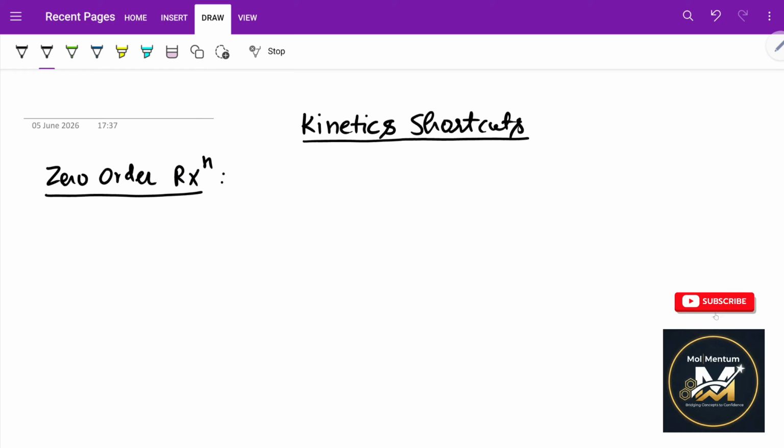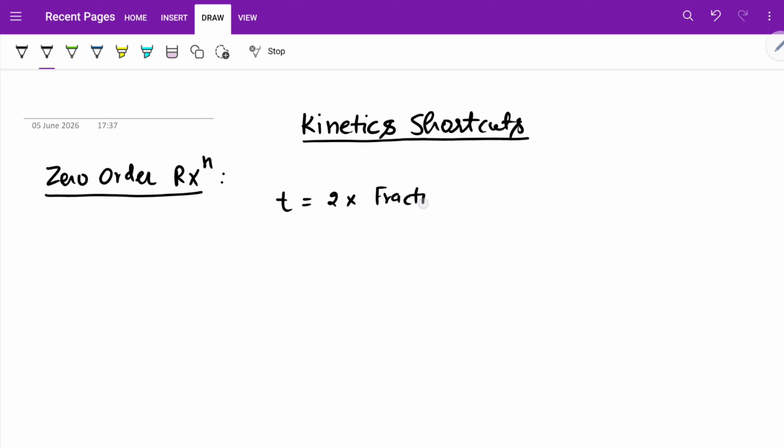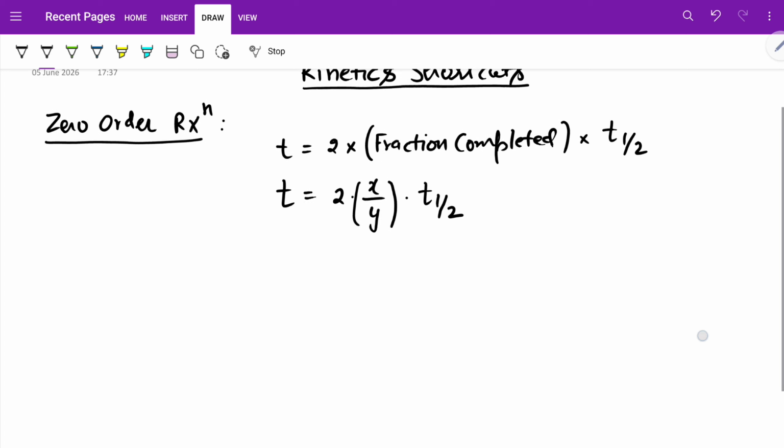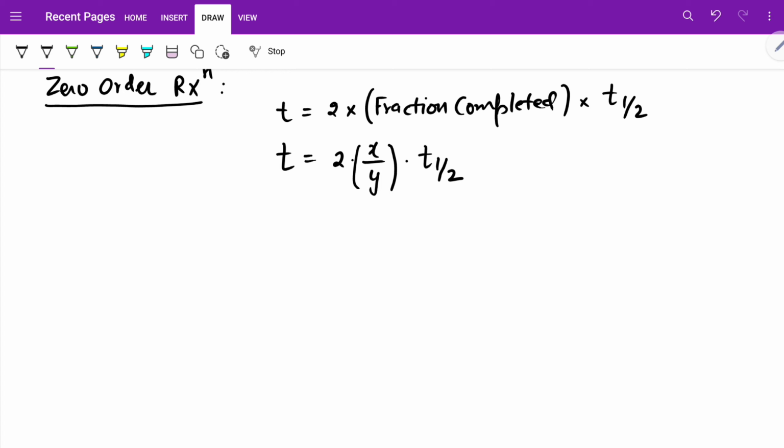ज़ीरो ऑर्डर रिएक्शन का जो शॉर्टकट मेथड है वह है T = 2 × फ्रैक्शन कंप्लीटेड × T half। इसको हम ऐसे भी लिख सकते हैं कि T = 2 × फ्रैक्शन, अगर हम फ्रैक्शन को कोई भी फॉर्म P/Q या X/Y मान लें, सो X/Y दिस इज द फ्रैक्शन गिवन, एंड देन मल्टीप्लाइड बाई T half। सो इसको हम किसी भी क्वेश्चन पे किसी भी टाइप के फ्रैक्शन पे अप्लाई कर सकते हैं।